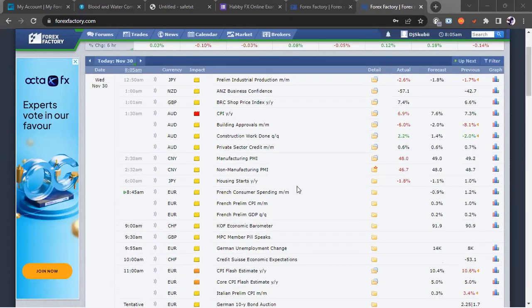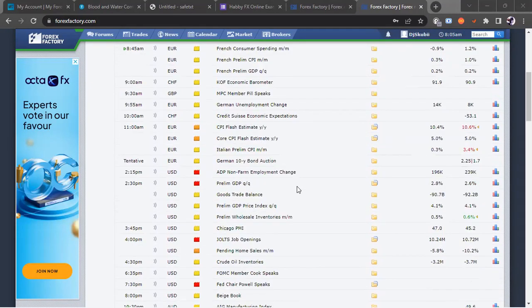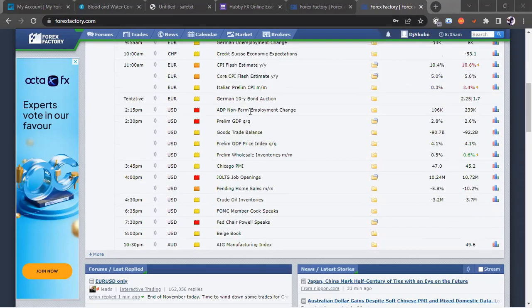So today we already had one high impact news. We have a lot of high impact news today. We have the ADP. And this week is actually NFP week. So we have this ADP non-farm employment change, and then we have prelim GDP Q on Q, that's quarter on quarter. So it's basically for quarter four. Then we have job openings. All of these are unemployment news. And then we have an oral speech by 7:30 p.m. So it's going to be a lot of volatility in the market today, especially this speech from the Fed chairman. So let's be careful.